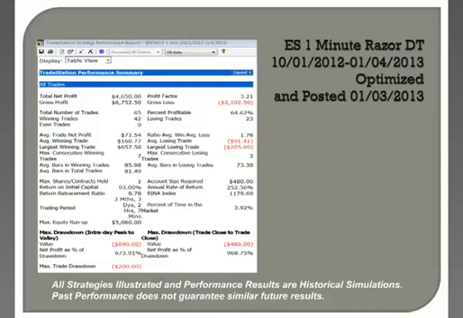Now, look at the 1 minute report on a much shorter test. This is only 3 months instead of 6 months. But now, instead of an average trade size of 40-something, it's 71-something. Instead of 59% right, it's 64% right. Instead of a 4 to 1 ratio, it's 9.6 to 1. Instead of being in the market 7% of the time, you're in the market 4%, and the return is up to 1179. So basically, I think this is an improvement.